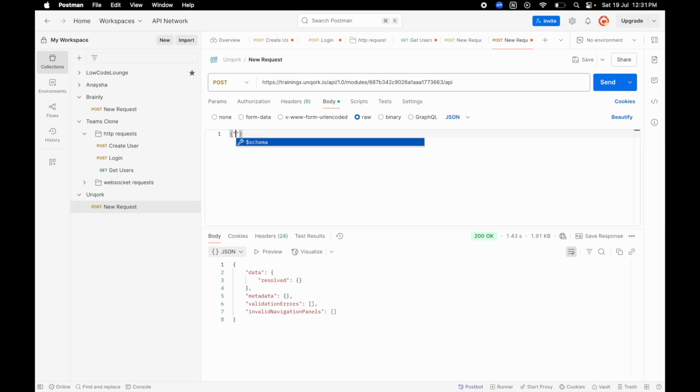So let me put it here as request payload, and here I will write this is request from backend system. Okay, so this is the payload that we are going to pass to this particular API. So if now I click on send,